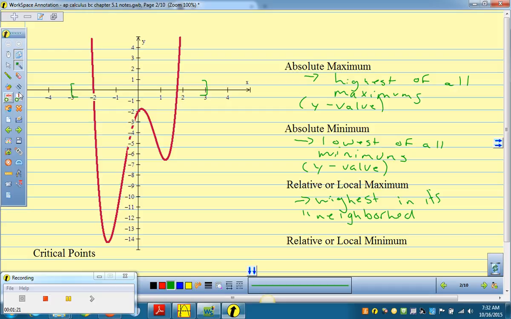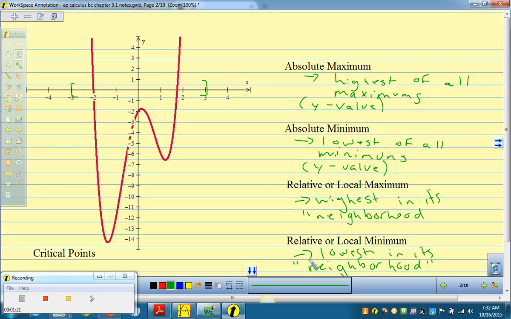And a relative or local minimum would be the lowest of the two. And when I say neighborhood, I mean just look immediately to the left and immediately to the right of that